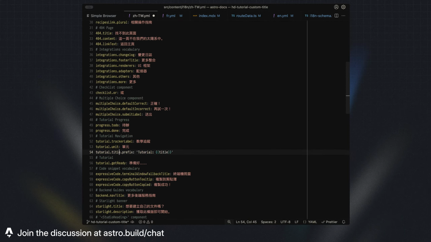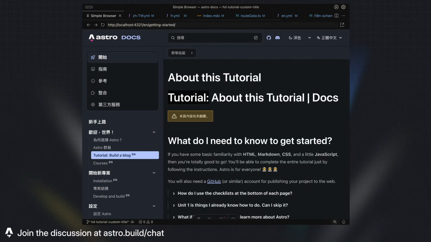So we are going to say that in this language, we have a translation for this string. Let's use the French one, and it should update. So yes, here it's using the translated string we just set for this language. But because this page is not available in this language, it's using the title from the English version. So I think it would be weird in the title to use the prefix in a specific language and everything after that